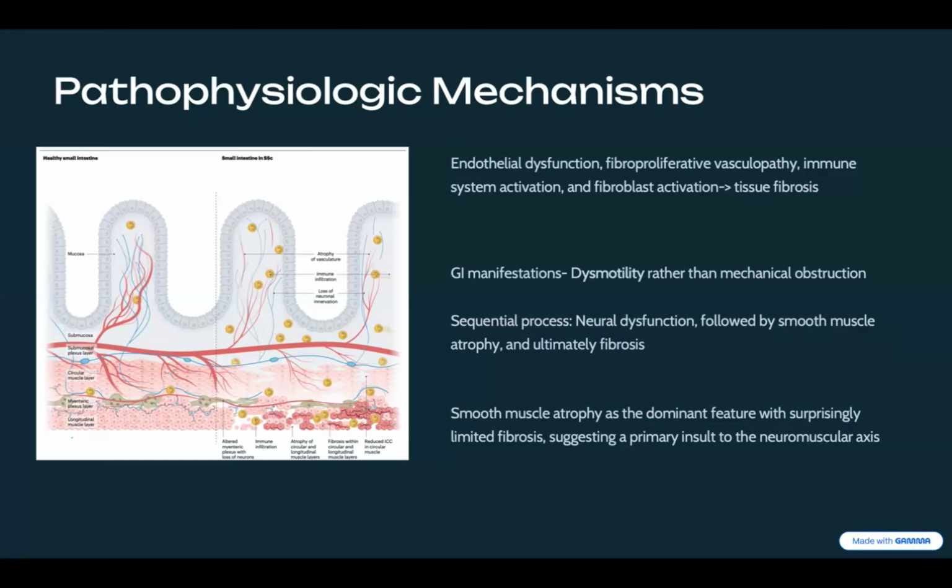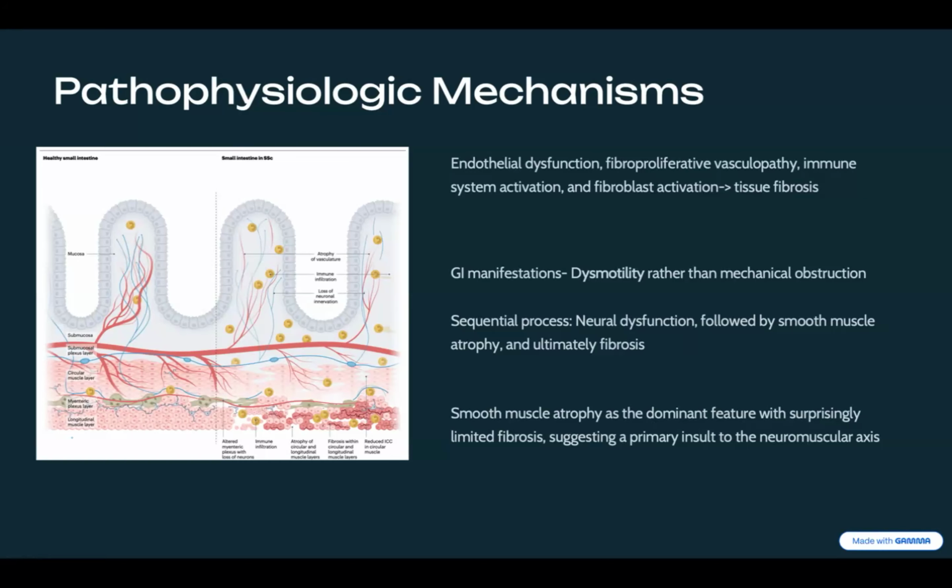So there is an early involvement of the enteric nervous system in these patients, leading on to smooth muscle atrophy. The smooth muscles are being supplied trophically by the enteric nervous system. And there is a component of vasculopathy and a component of terminal fibrosis also. But this fibrosis is not as evident in the GI system as we have in interstitial lung disease or the skin